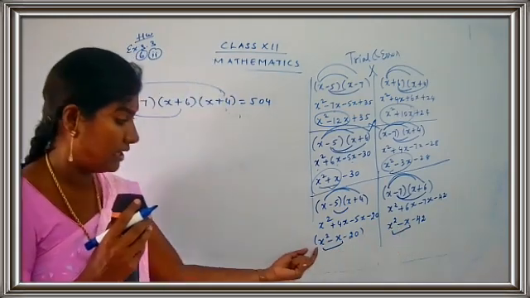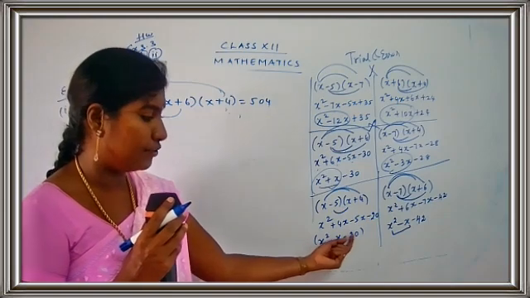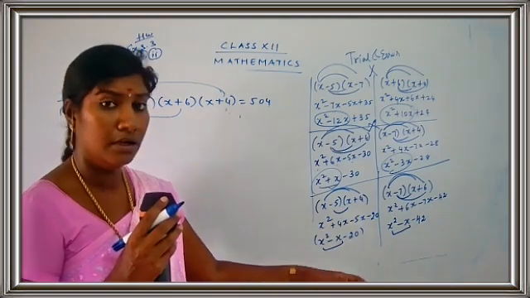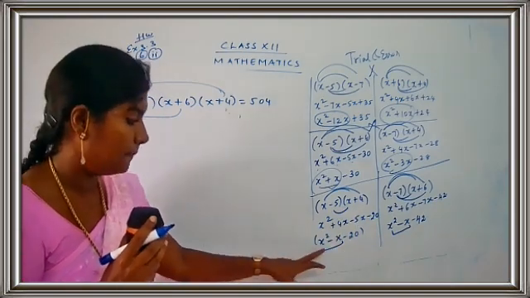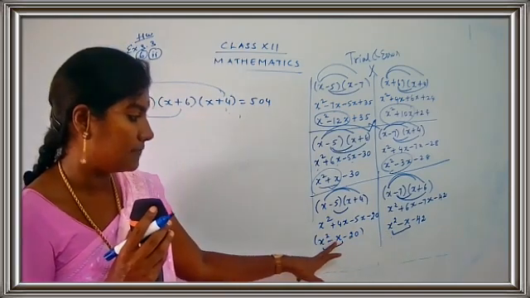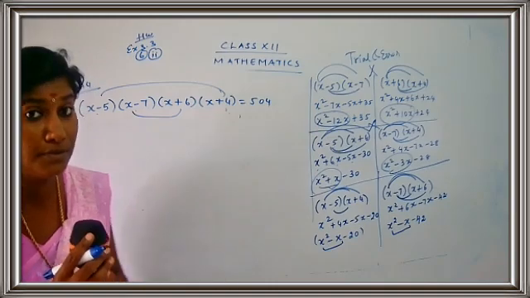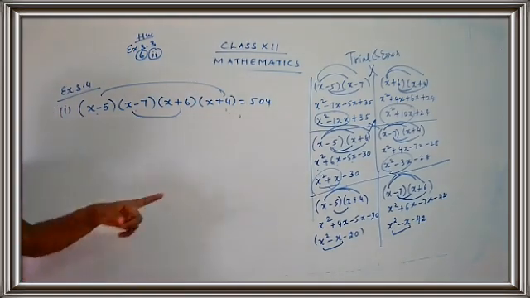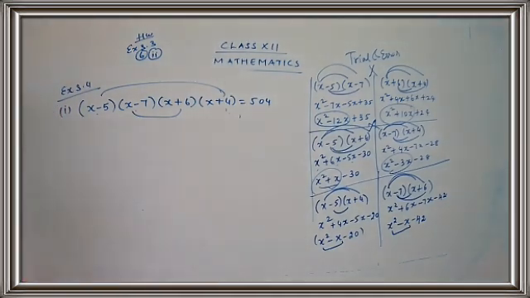Can you see, children? It's x square minus x minus 20. Do not go with the constant term. Let it be, they are different. No need to worry about that. Just see the first term, it's x square, and go for the second term, it's minus x, minus x. So we have two terms to be saved. So I am going to take this combination, the third combination, that is x minus 5, x plus 4, x minus 7, x plus 6.